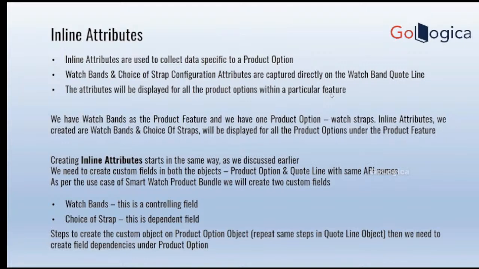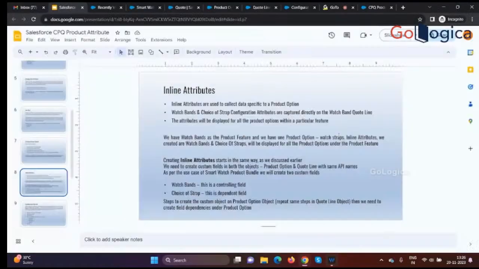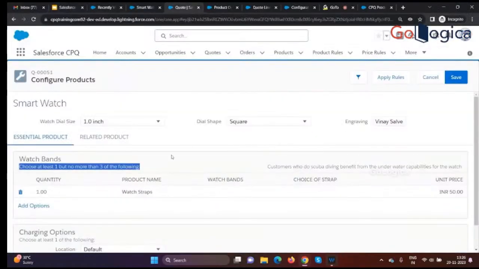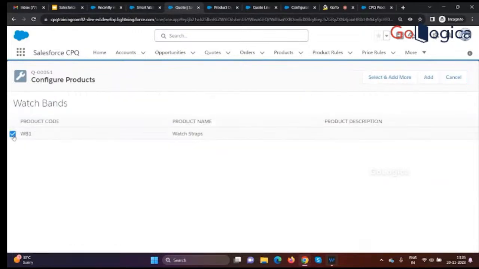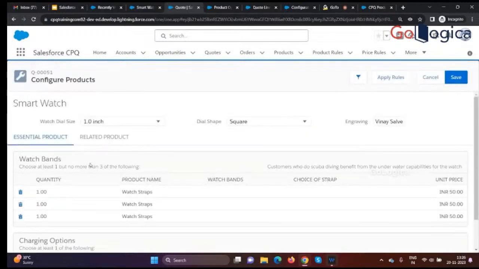No, I didn't get inline attributes. Okay. Could you please elaborate? So these two are my inline attributes which I have created. Whatever product I add over here, no matter if there are 10 products. Right now there is only watch straps. If there are 10 different types of products under watch bands,